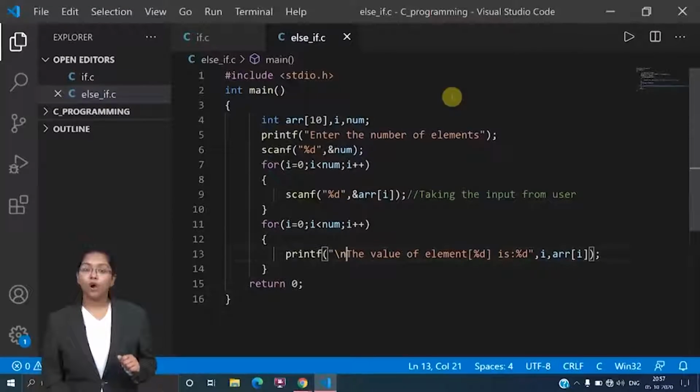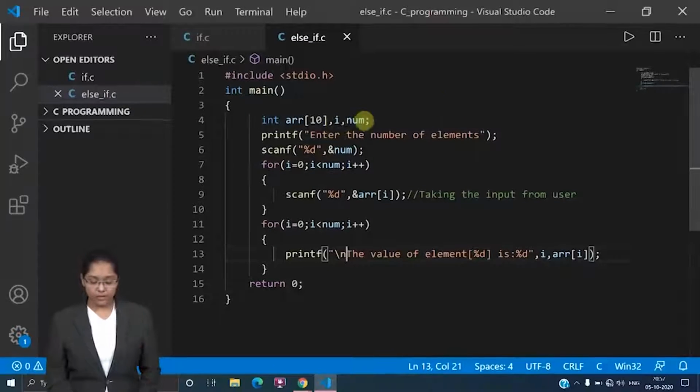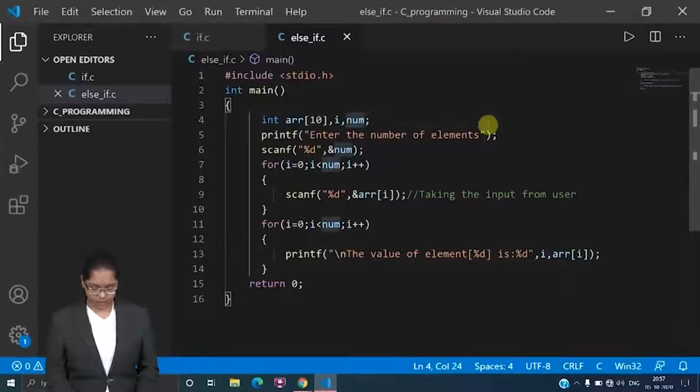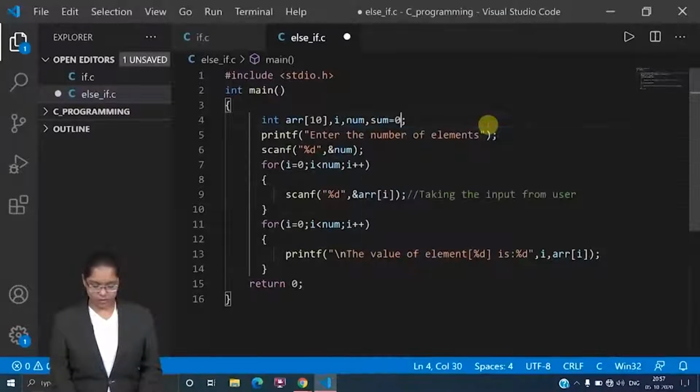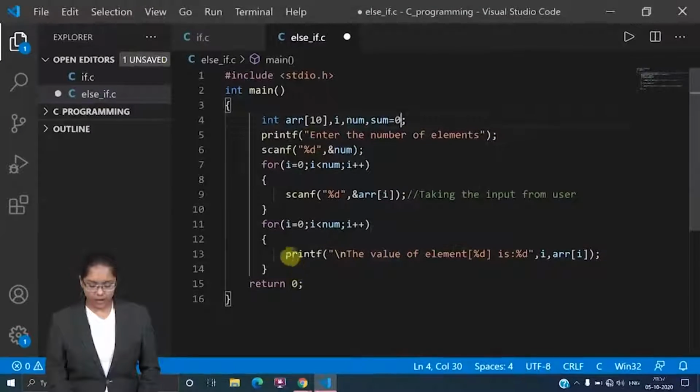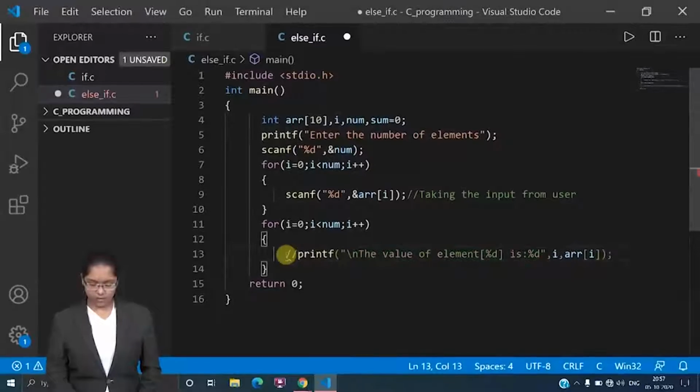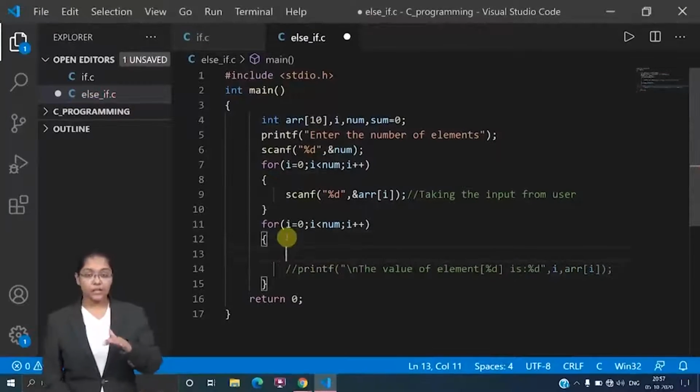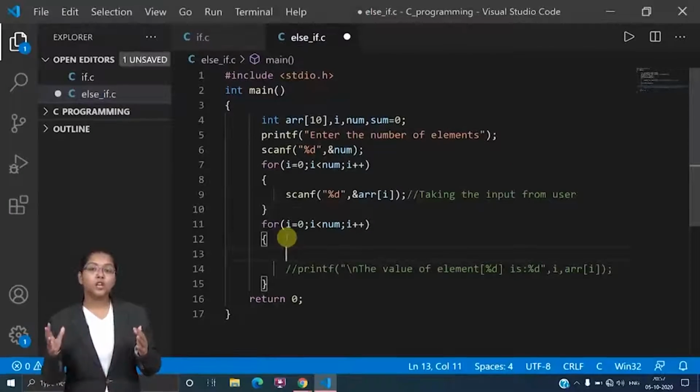Now if I want to add all the elements in my array, what will I do? I will simply write sum is equal to 0. First initialize it, and then, here, while taking the input from the user, I just want to add to the sum, because I want the sum of all the elements going into my array.